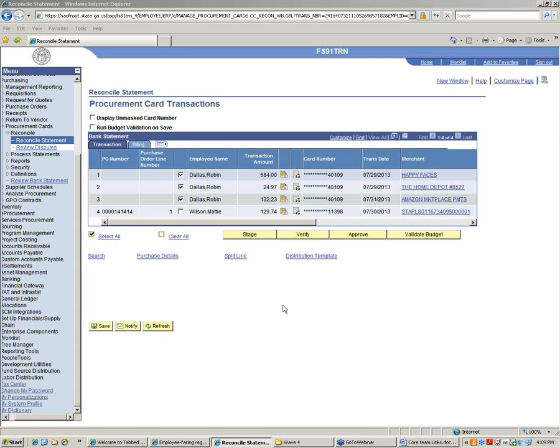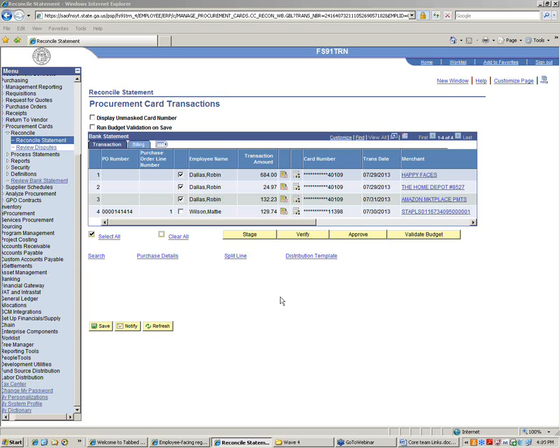Sue, I'm going to run a query called the 0201B query once we get some transactions reconciled, so that you can see what's in that query. You'll be able to see all of the transactions, the merchant, what their status is, where they're coded against the budget, and if they're valid or not. You will be able to see all of your transactions. You can go back and pull up